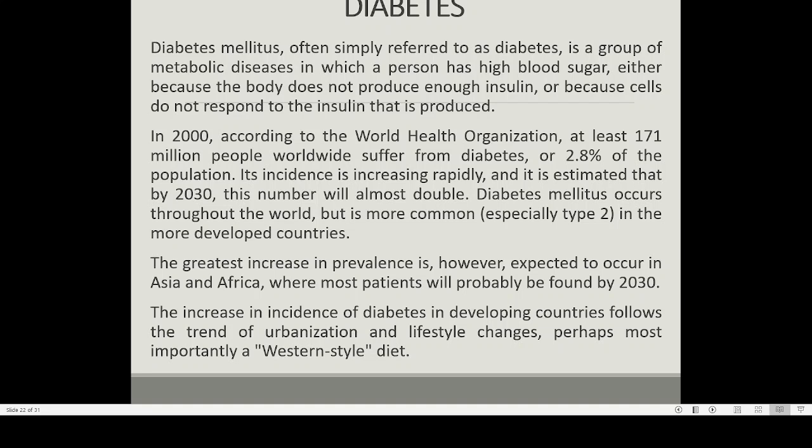At the same time, our cells as well as various tissues may not be getting a sufficient quantity of this glucose. So your cells are living in a pool rich in glucose, but they are not able to take this glucose into their cytoplasm. So the cells will be starving, while at the same time there is plenty of glucose available. That is the situation in the case of diabetes.